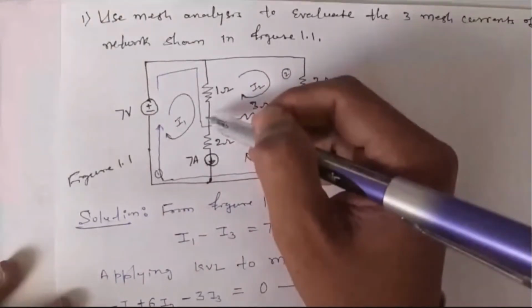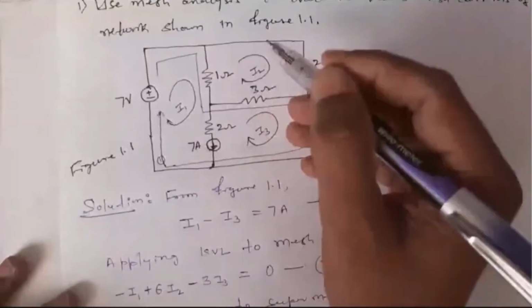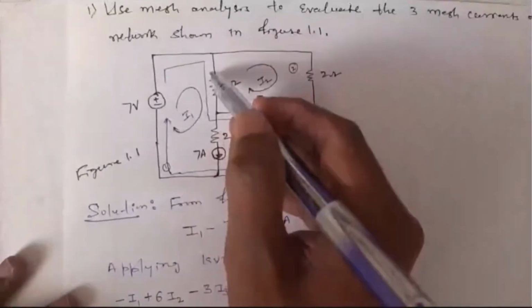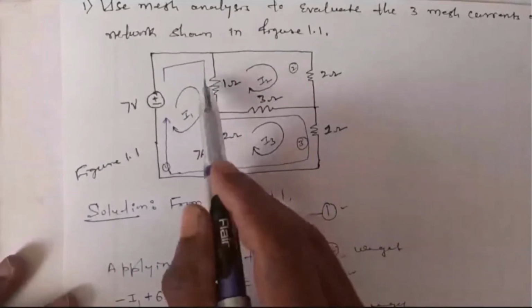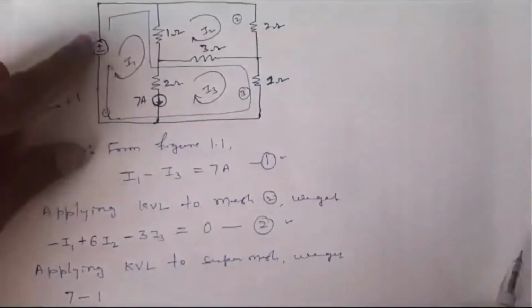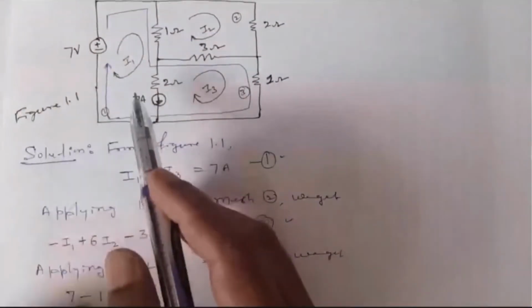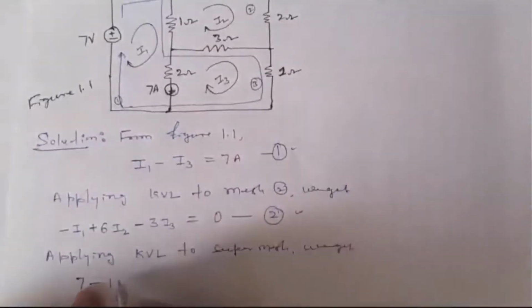Minus 1 into, because the resistance is 1, and the current, look at this, I1 is flowing. Here you should consider both currents, so one current is I1 and another current is I2. Minus to plus, this is plus 7 volts. Now plus to minus is minus 1 into, now there are two currents.